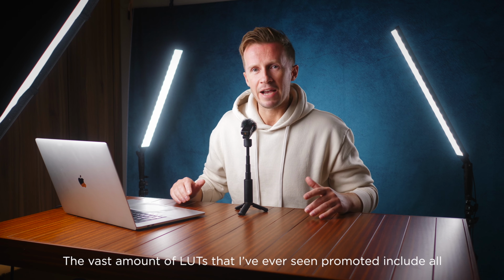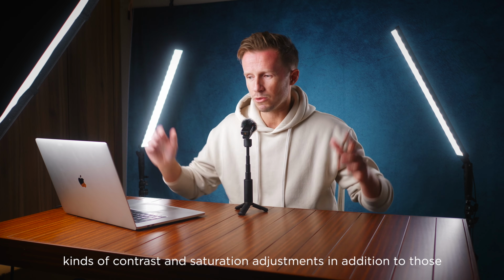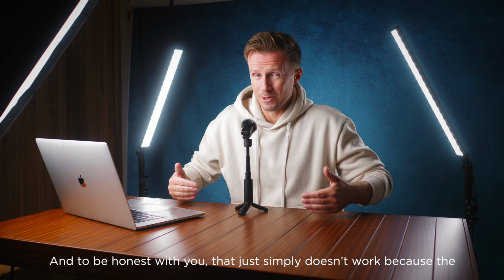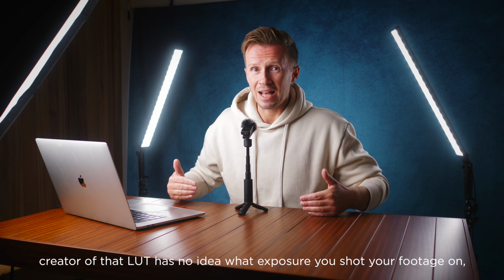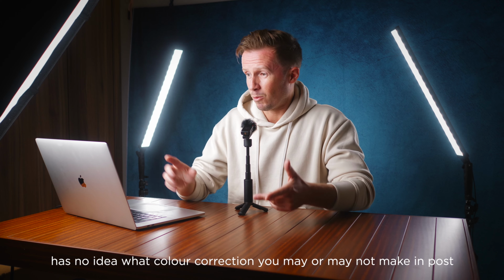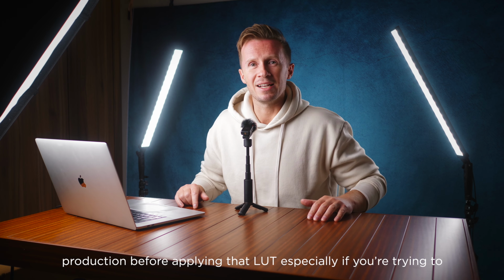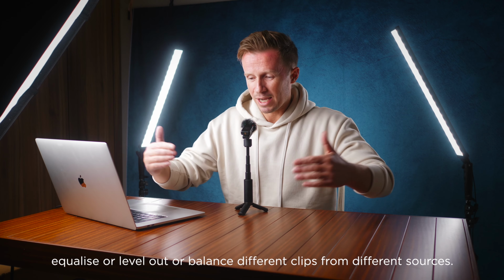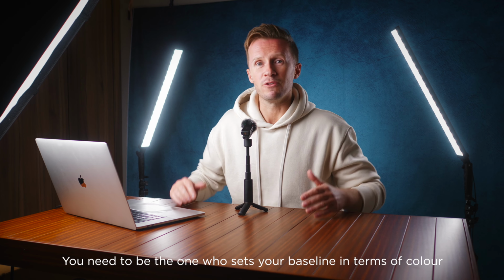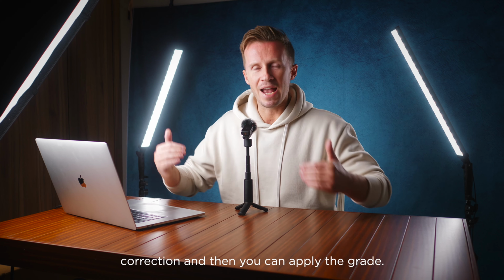The vast amount of LUTs that I've ever seen promoted include all kinds of contrast and saturation adjustments in addition to those cool color adjustments. And to be honest with you, that just simply doesn't work because the creator of that LUT has no idea what exposure you shot your footage on, has no idea what color correction you may or may not make in post-production before applying that LUT, especially if you're trying to equalize or level out or balance different clips from different sources and all that kind of stuff. You need to be the one who sets your baseline in terms of color correction, and then you can apply